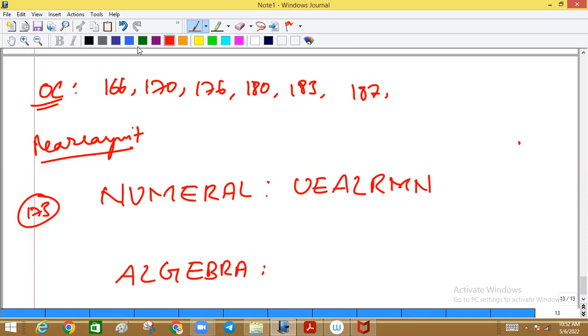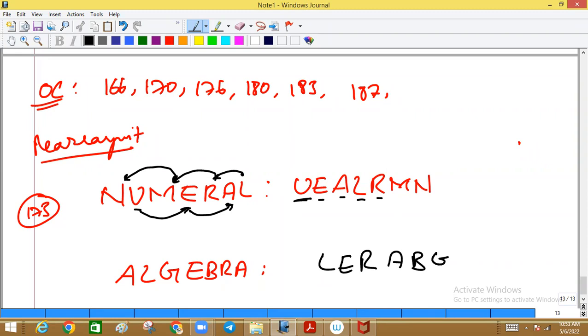So what is the answer? First, where do we have to start? How to start for this kind of question? First, left side to right side to left side. We start from here, U. Where is U? Here is the U. What is the next letter? E. Where is E? E is here. What is the next letter? A. Where is A? Here. So obviously it is an alternate kind of pattern. What is the next one? L. Check the L. Here it is L. Then R. Where is R? R is here. So obviously it is moving in this direction. After R, you have M. After M, you have L. That is the answer. So it's a rearrangement. So what is the answer now? L E R